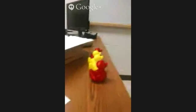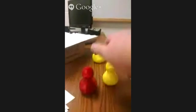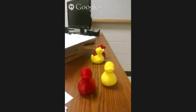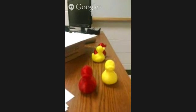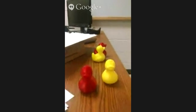Yes, the ducks. I'm making the ducks for our school board because next month is School Board Appreciation Month, and we're going to give ducks to the school board because we live in Bath County, and Rubber Ducky is our unofficial mascot. Right now, I'm in the process of printing my fifth and final duck,